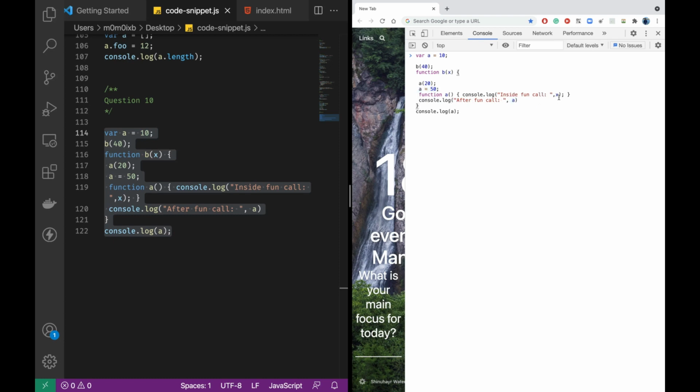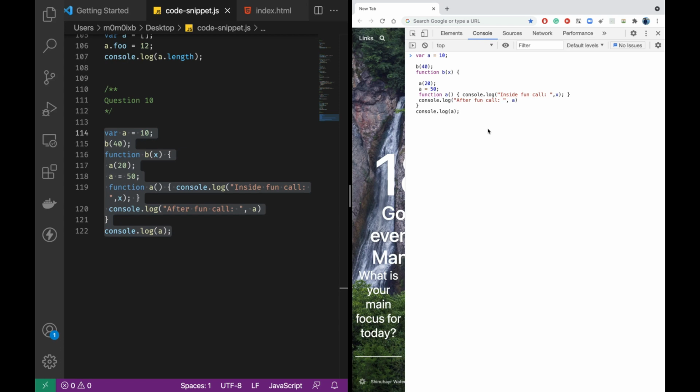So first it will print 40 because of this A function call, where it tries to find the value X, which is nothing but 40. Then A is no longer a function, it has become a value 50, which we are trying to print here. And remember, this is not a global declaration, it is the same A which was a function earlier. We have reassigned the value 50 to it now. Don't get confused that this A will get created outside. No, that's not the case. Now when B of 40 is finished, it will run console.log of A, which is nothing but 10 outside. So that's all.